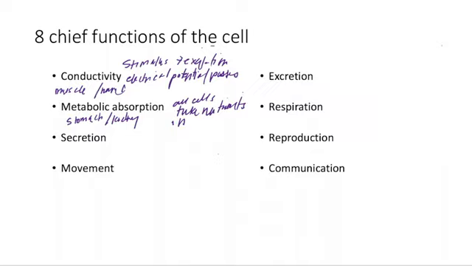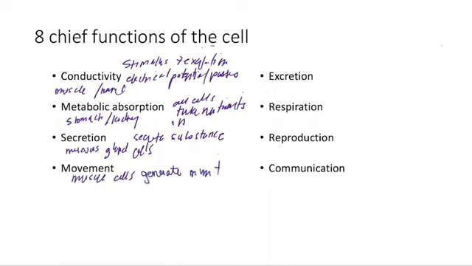Secretion, certain cells have the ability to secrete other substances, so think mucus, glandular cells, and they can secrete a secondary substance. Movement, muscle cells generate force. Muscles are attached to the bones, they produce limb movements. There are hollow tubes or cavities that empty their contents when they contract, and we'll go a lot more into this when we get into the muscle cells. And then we have surrounding blood vessels, change in diameter. There's a whole wave of movement that happens as we generate forces that produce motion.